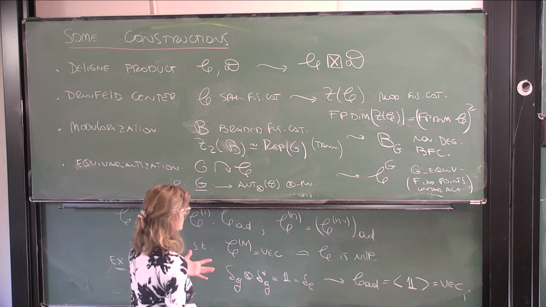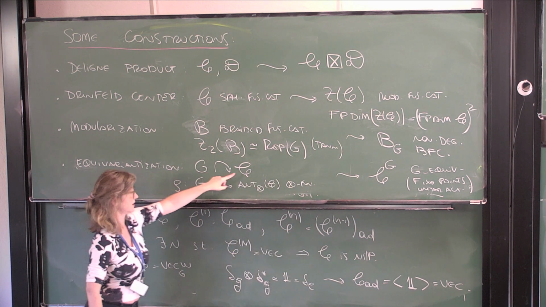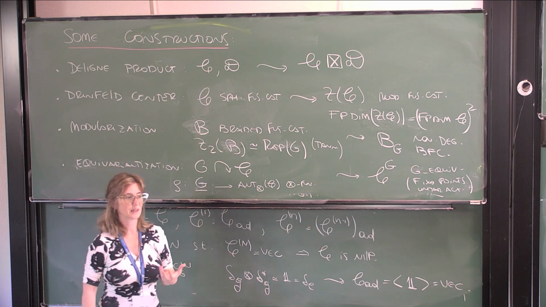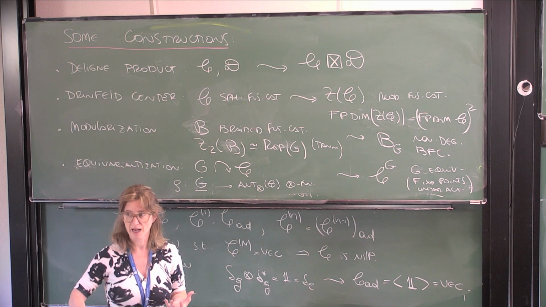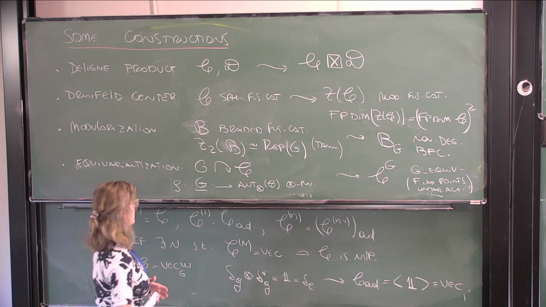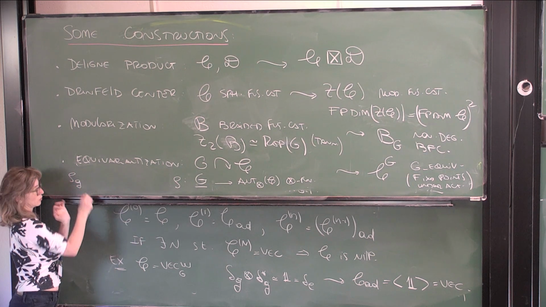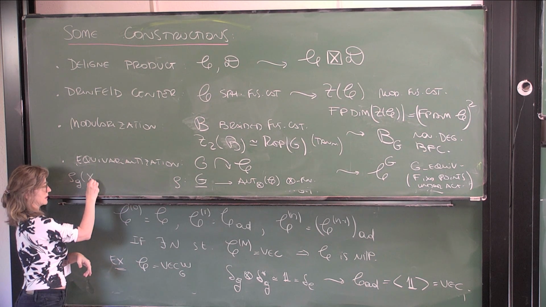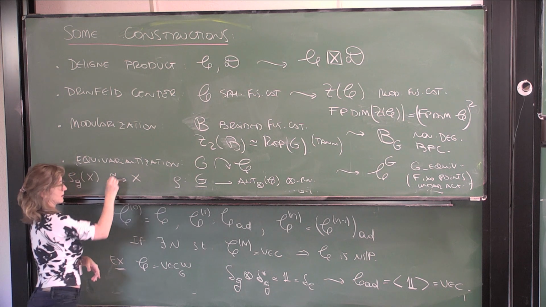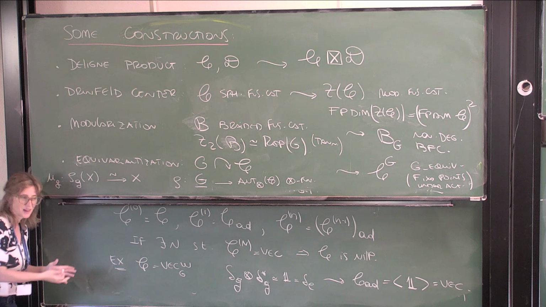So the objects in this new category are objects in C that are fixed under the action. But what that means is that rho_g of X is isomorphic to X for all g. Maybe let's say, because remember rho_g is an automorphism, so it makes sense that I can evaluate on this, and this will be isomorphic to X. For that, I will need a family of natural isomorphisms.